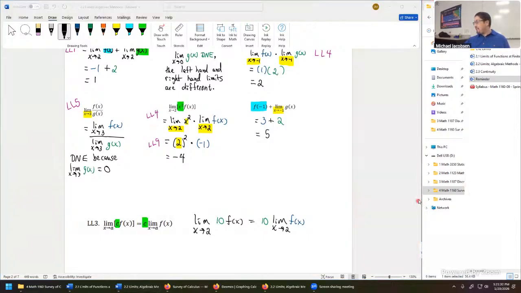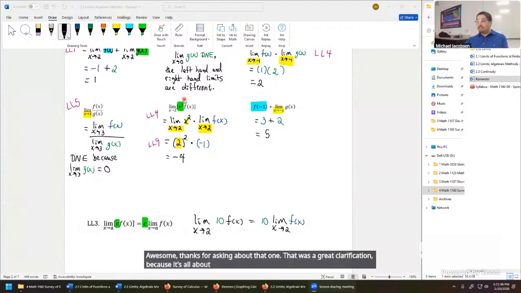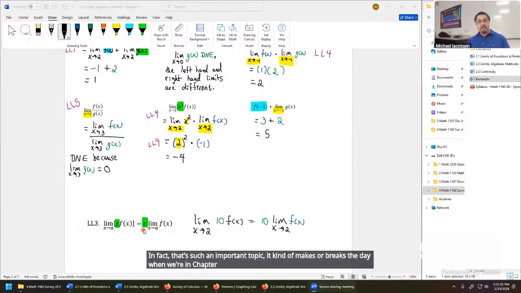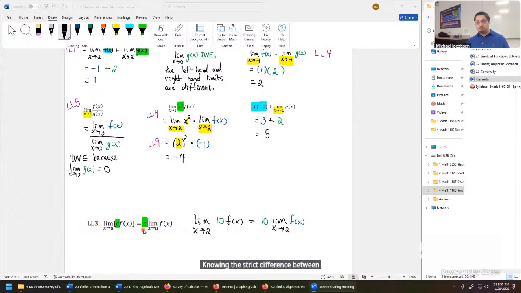Awesome. Thanks for asking about that one. That was a great clarification because it's all about the difference between when something is a bona fide function that changes with x, like x squared, where the value depends on x itself, and when it is constant. In fact, that's such an important topic. It kind of makes or breaks the day when we're in chapter 3, looking into other methods. Knowing the strict difference between a function that varies and a constant can make all of the difference